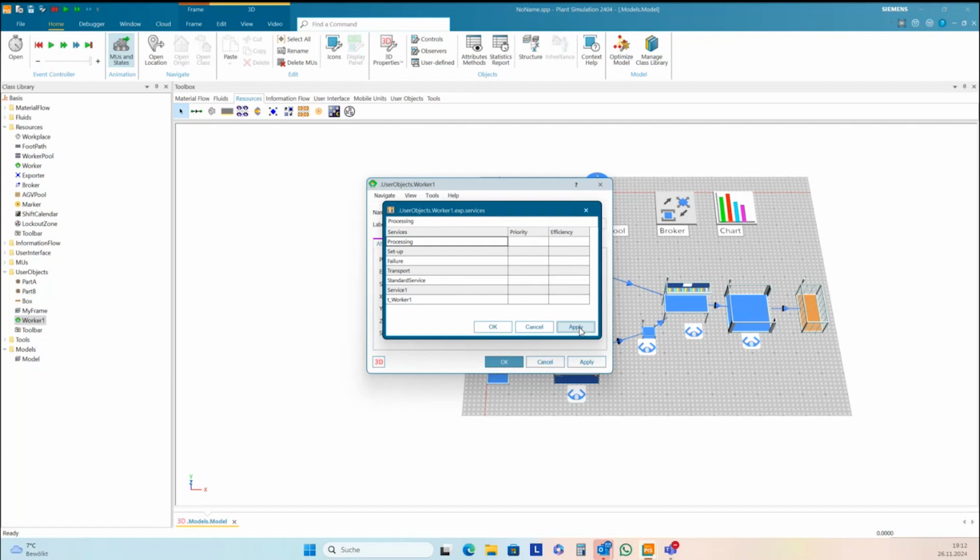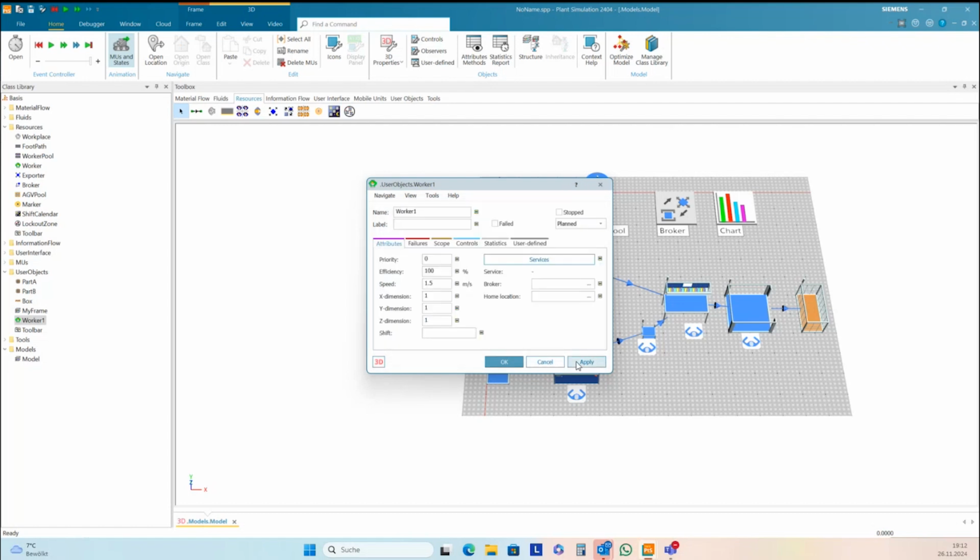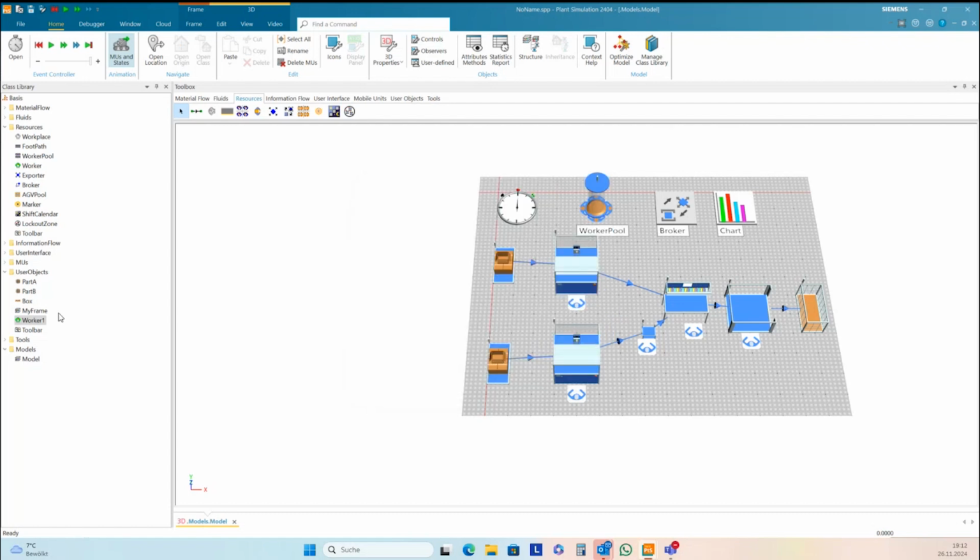This I need for the dynamic creation of jobs for this worker. Okay, and this I will take as a blueprint to create all 3 workers.